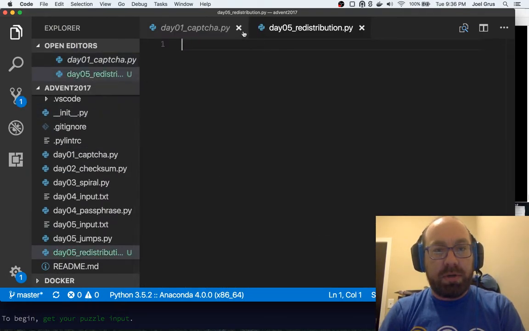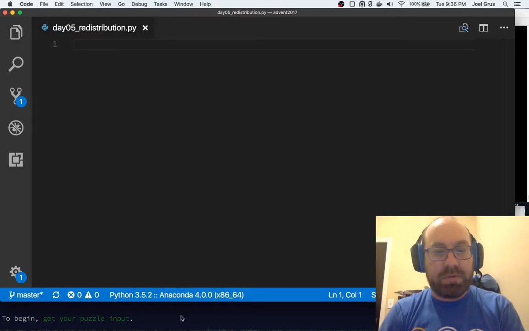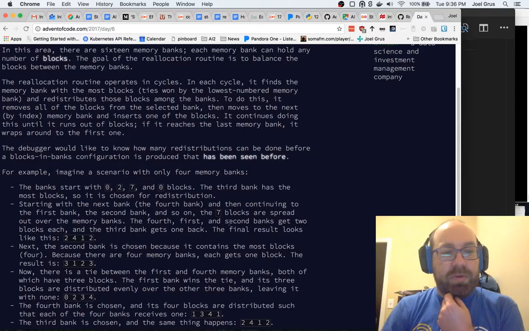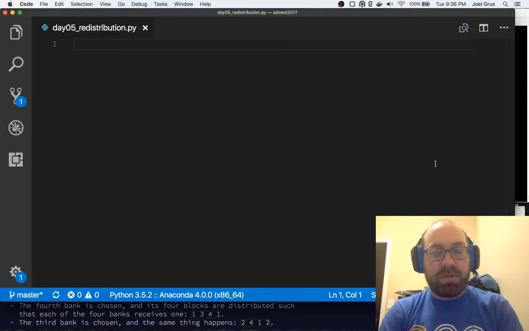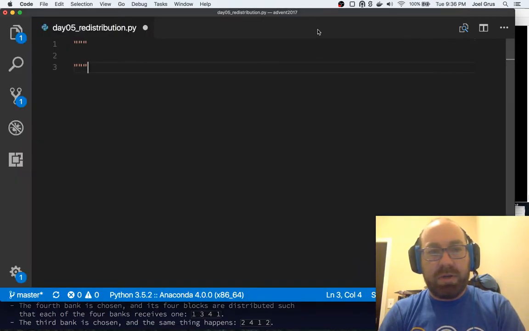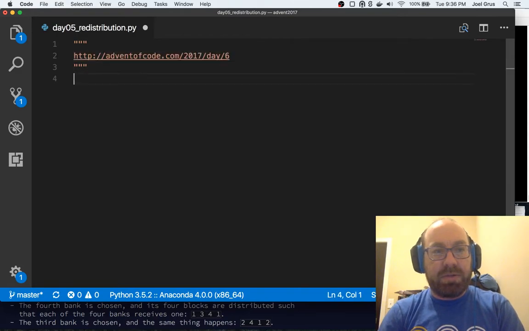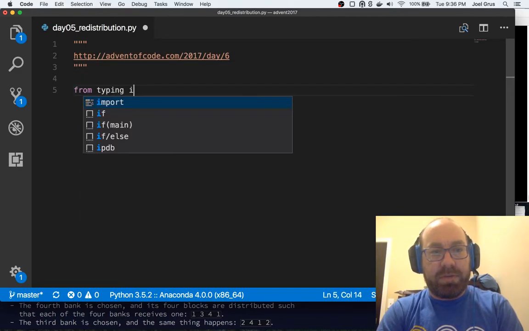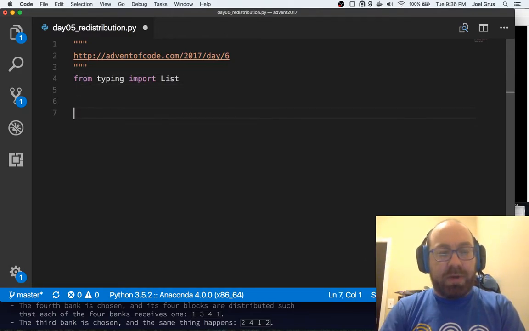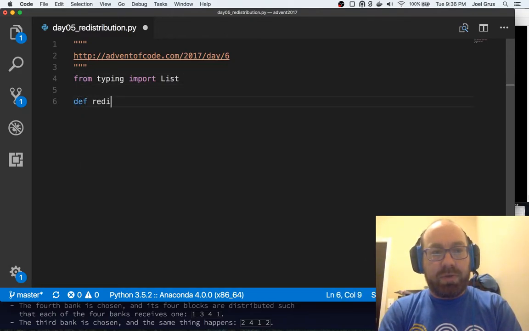Redistribution.py, and what I would like to do is write this. As always, I'll add this URL as my docstring. And from typing import List, because I know I'm going to want to do that just based on reading the problem. And so I want to write this redistribute,